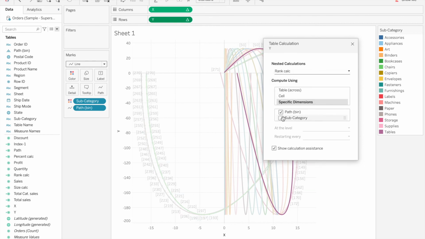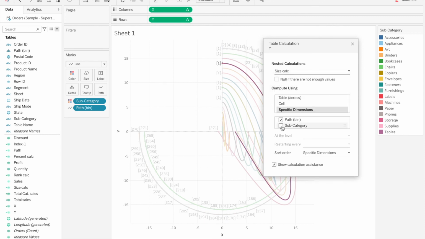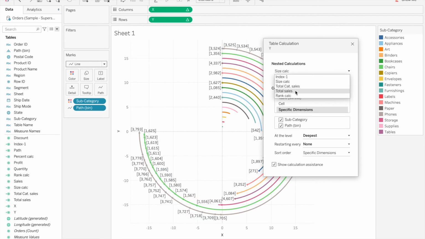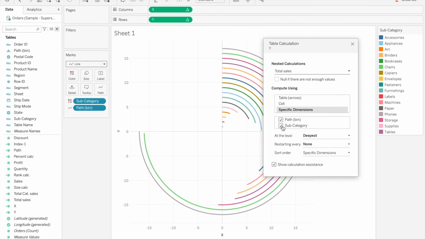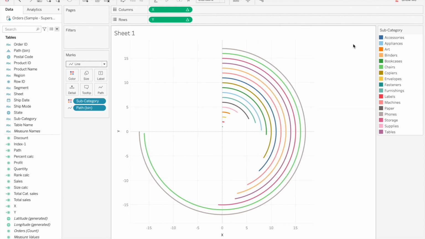So go to the rank calc, and for size calculation we need to select both. Now we can see that our radial chart is starting to take the shape that we desire. Now our radial chart has taken the shape that we need, and it is ready.